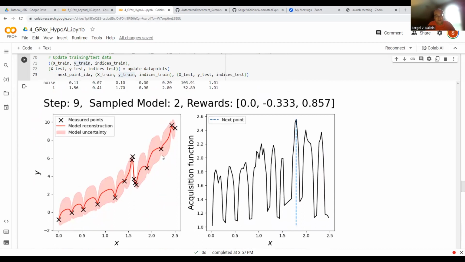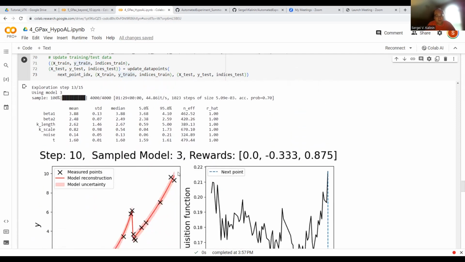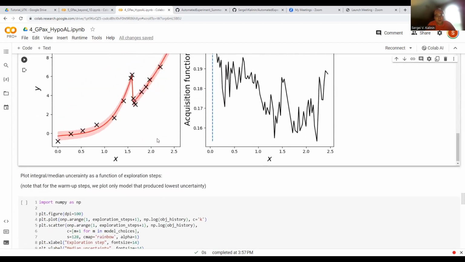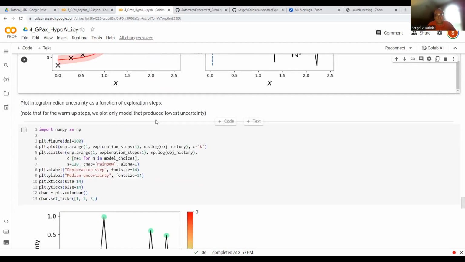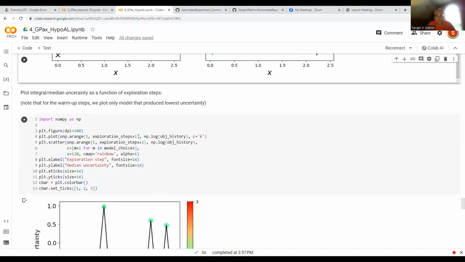And you can see how the process goes on over and over again. So in this case, the model number 2 clearly is not the right model. So the algorithm decided that it doesn't fit the data particularly well. So if we continue this process for 15 steps, so 3 warm-up, 12 of the experiment, we get the final